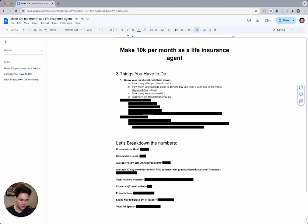The more leads that you work, the more that you're gonna get paid, and the more money that you can take home, right? So make sure that you have consistent quality leads, and we're actually gonna go deeper into that. How many leads you actually need so you can hit this $10,000 per month number, right? Consistently, not even just once, but on a consistent day to day, week to week, month to month basis,